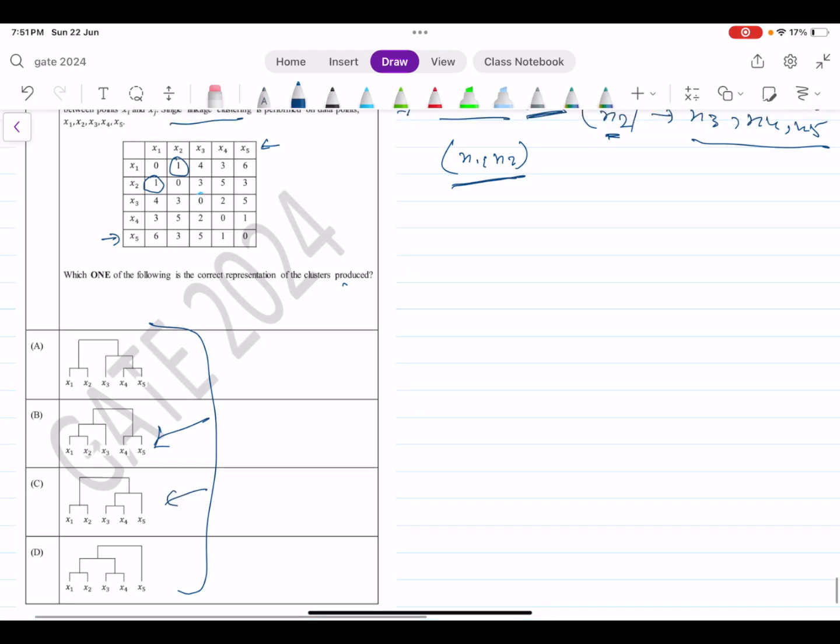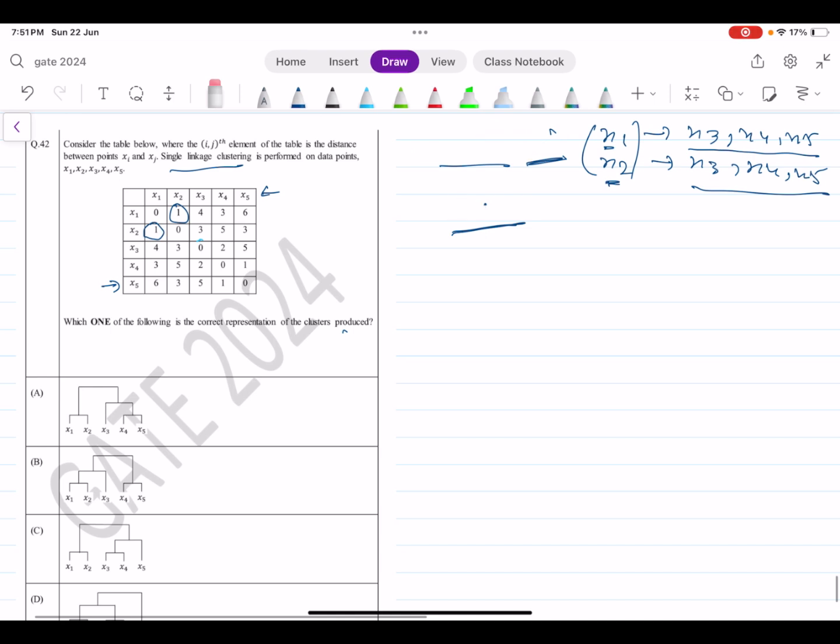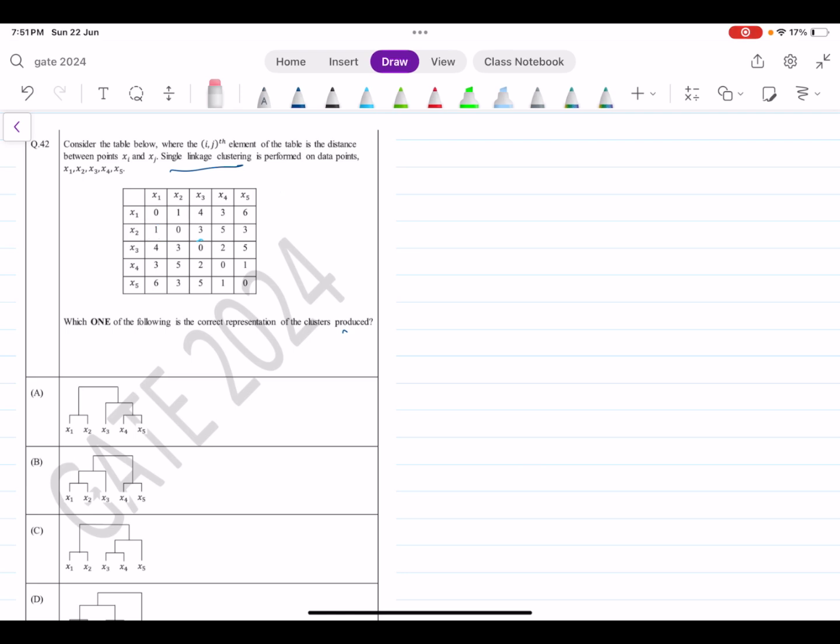Okay, so let's do this particular problem and see what clusters we get. If you can see, our first cluster should be x1 and x2, because these look closest. So I'll simply write x1 comma x2 as a pair,